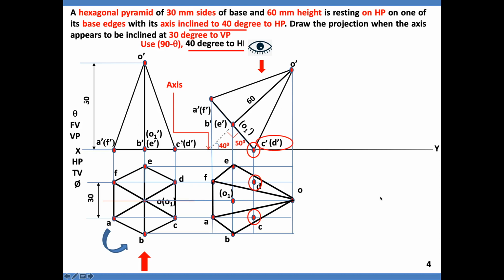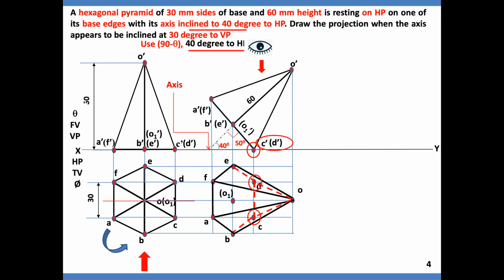Yes, identified. Now, the line joining from these points will be hidden. Which are those points? C and D are the family members of the base corner, A, B, C, D, E, F. And they also get connected to the vertex. So all the lines connected will be hidden, represented in dashed lines, as they cannot be seen from the observer. Yes, C to D it is connected, C to B it is connected, D to E is connected, base hexagon completed, but C and D also get connected to the apex, got connected, yes, completed.